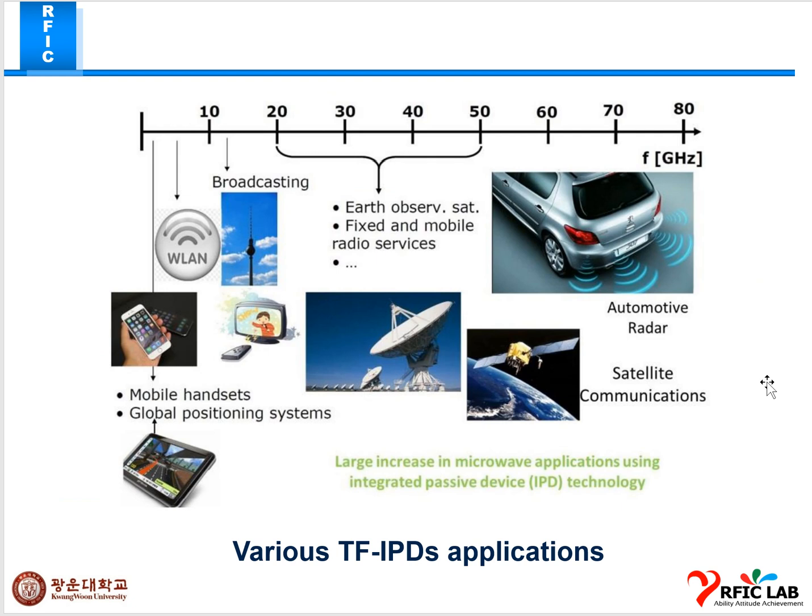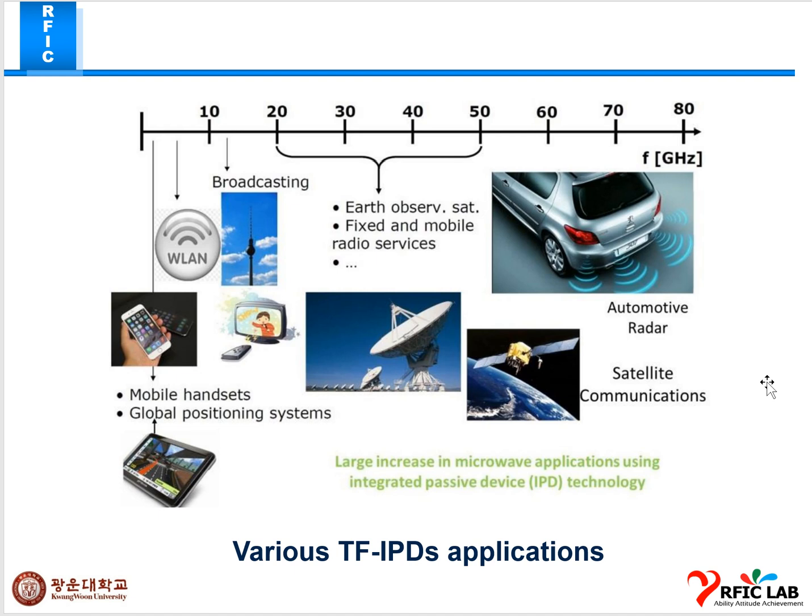These are various TF-IPD applications. In this scale of frequency, 10 to 80 gigahertz, according to frequency, these particular applications have been made. As you can see in this picture, wireless LAN is made using around 5 gigahertz frequency,